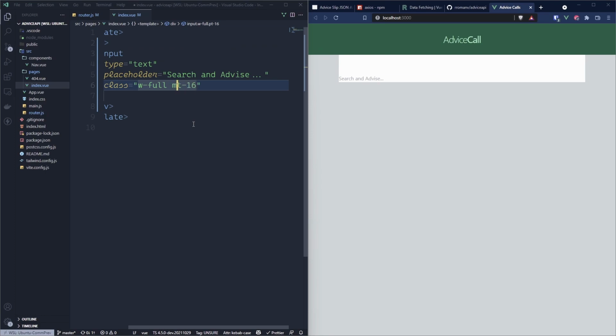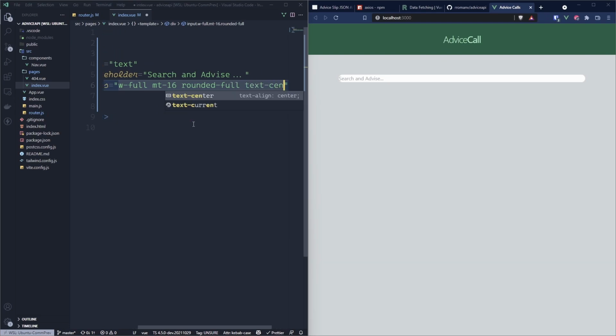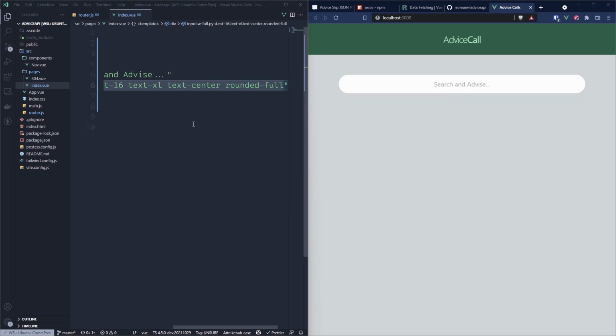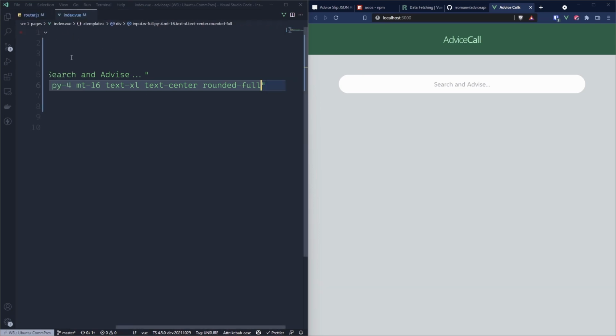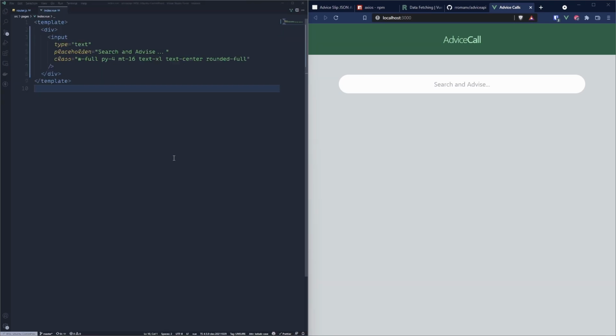Actually, let's do margin. Yeah, rounded full. Text center, padding Y of 4. Text XL. That should be more than enough. Let me make this a little bit smaller so you can actually read it. Yeah, okay, I have my advice there to search it,